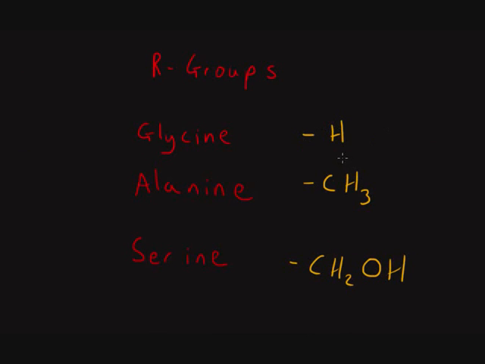The simplest R group is on the amino acid glycine. It's just a hydrogen atom. It's just another hydrogen atom attached on. Not polar. It produces a more hydrophobic molecule, and similar with alanine. That's just a simple CH3 group added on, and again more hydrophobic really, because there's no polarity in this